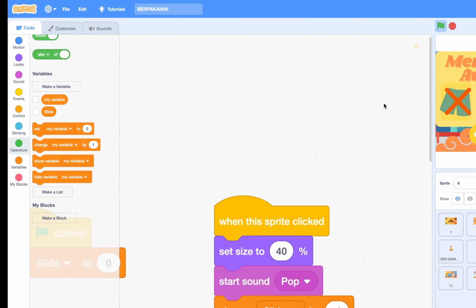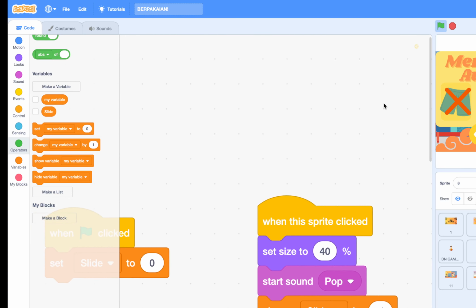When this sprite is clicked, set size to 40 like this, and then start and pop, and then change slide by -1 because it's back, not next. If it's next, change slide by 1. Okay, and then